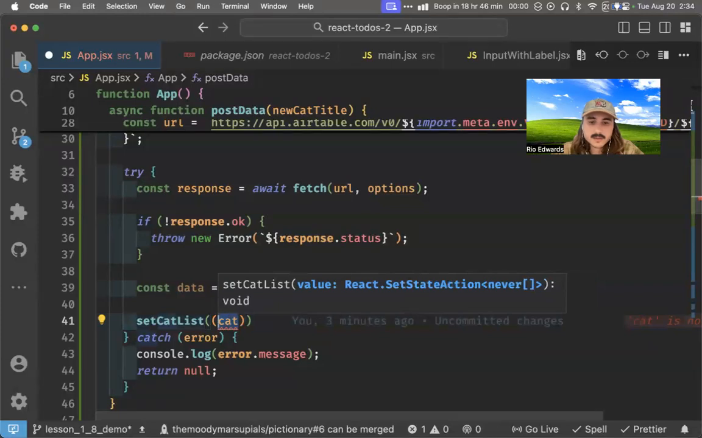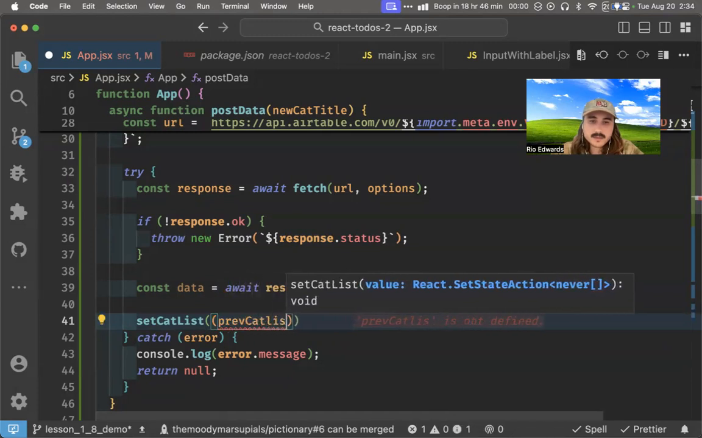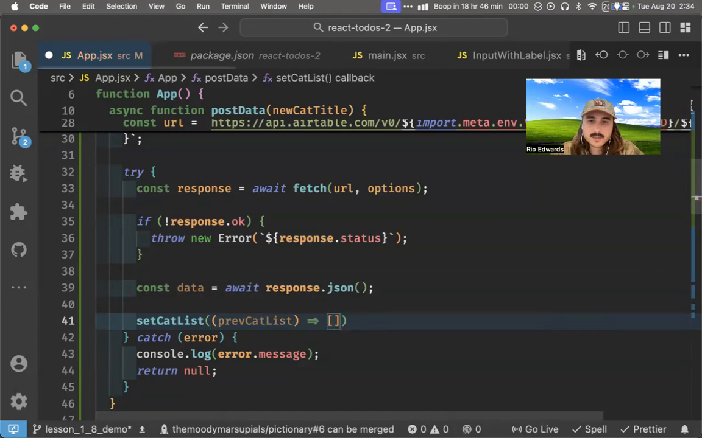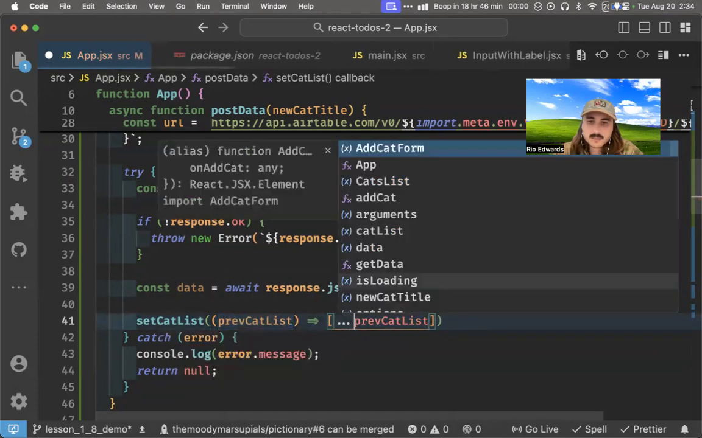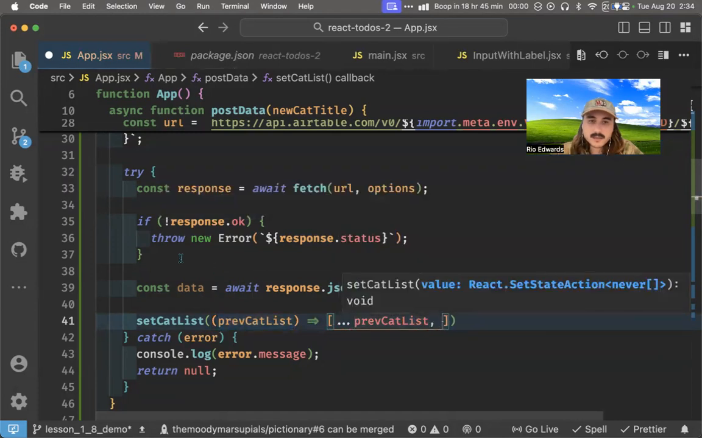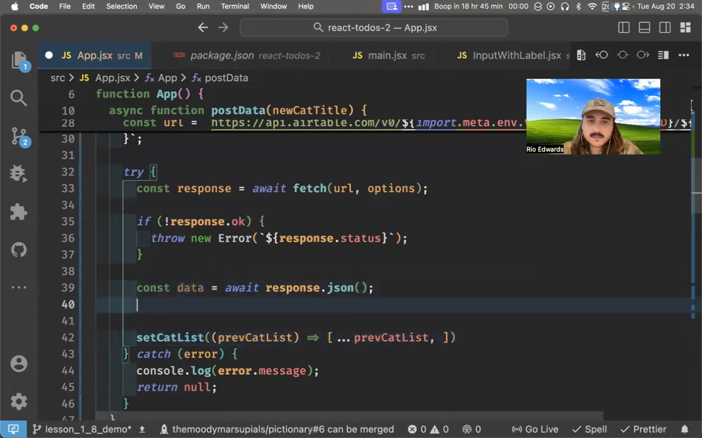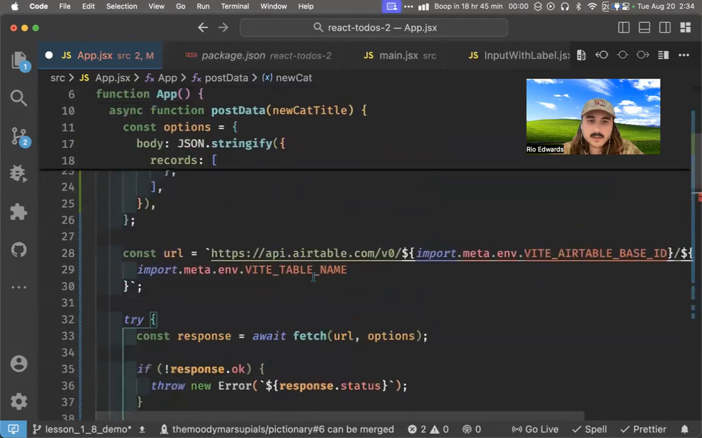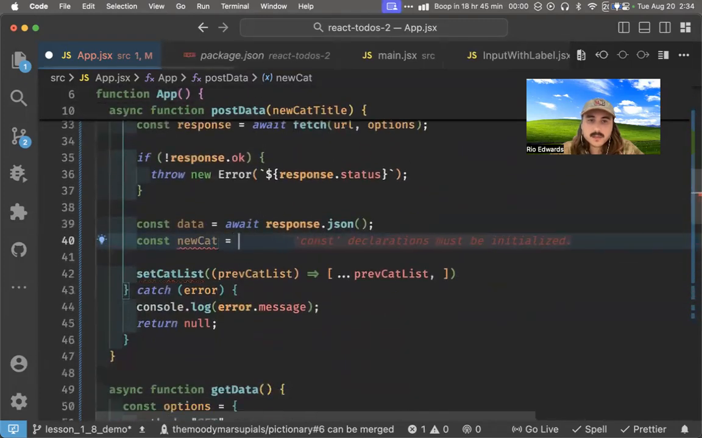So let's say previous cat list, cat list. We're going to set it to itself with all the previous cats spread like that. And then we're actually going to do const newCat. Do I already have a variable called newCat? No, I don't. Perfect. Okay. New cat equals